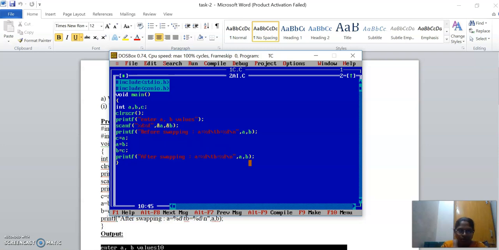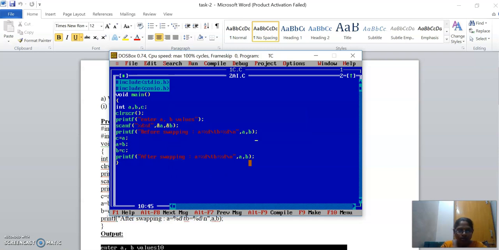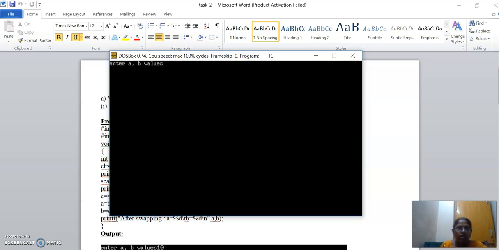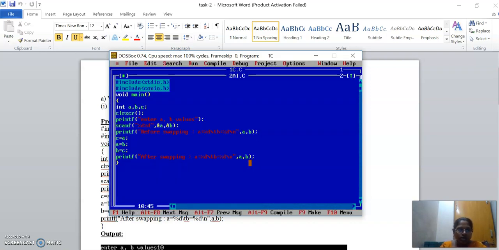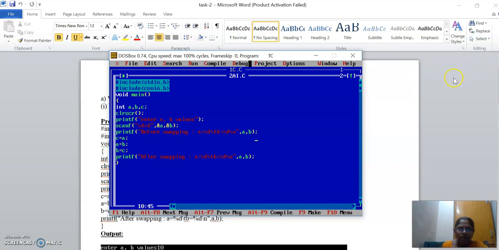So let me execute this one. Run and execute. Enter the values of A and B. A is 10 and B is 20. So see here, before swapping A is equal to 10 and B is equal to 20, which are the values I have specified. After swapping, what happens? A is equal to 20 and B is equal to 10. In the same way, here,